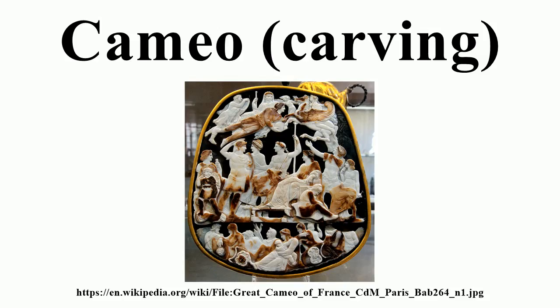Roman cameos became less common in the years leading up to 300 AD, although production continued at a much reduced rate right through the Middle Ages. The technique has since enjoyed periodic revivals, notably in the early Renaissance, and again in the 18th and 19th centuries. The Neoclassical Revival began in France with Napoleon's support of the glyptic arts, and even his coronation crown was decorated